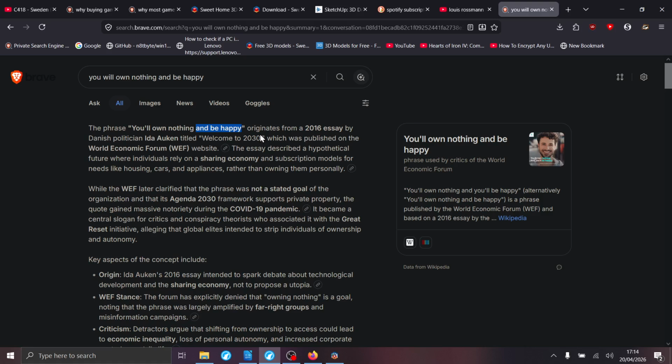Why? Because if you're renting a car, you have to keep the car in good condition, because one day the company may want to take your car back.